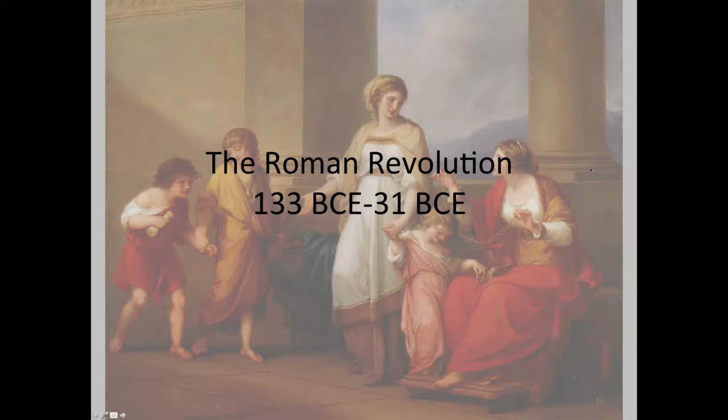So the Roman Revolution is different than how we typically understand a revolution. Typically, we think of revolutions as relatively short, as being violent and resulting in a form of government that is more radical, not more conservative. The Roman Revolution is the opposite. It is not short and catastrophic. It is a long series of events that do not make Rome more democratic, but actually destroys the Republic and establishes a monarchy, an empire.